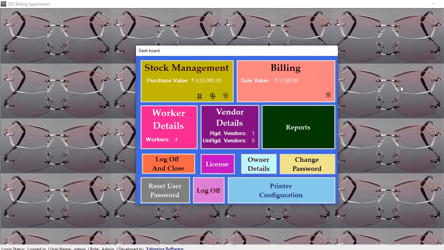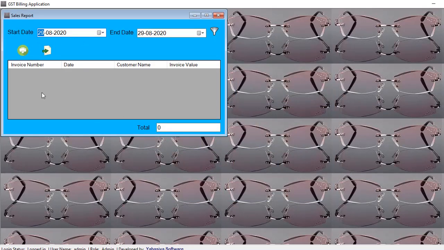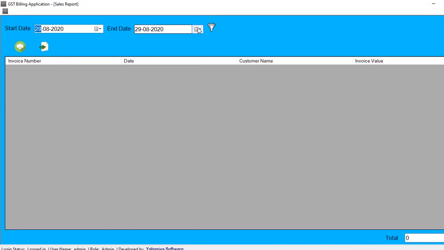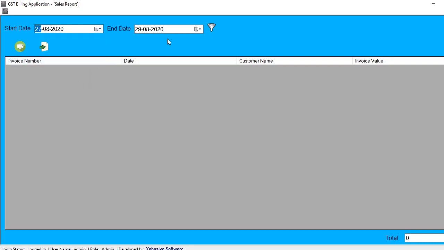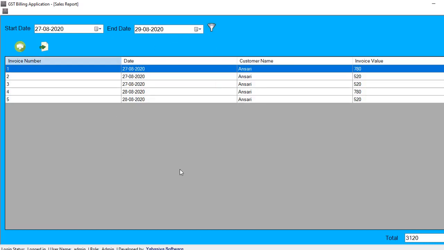What else? In billing, we didn't have the total before. We had printing as well as export in the sales report. Now we introduce the total. So you can see the sales total in the form itself. You need not print and see it in the print preview as before. Just hit that, you will get your sales details, and you can see the sales total here. That's all for today.